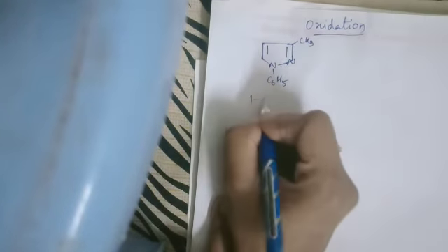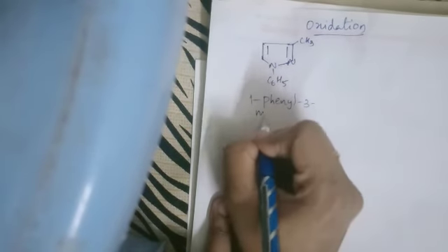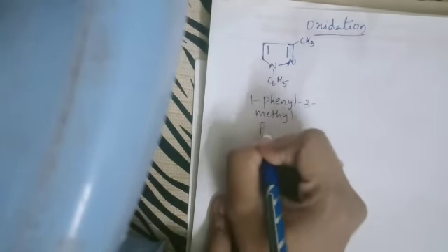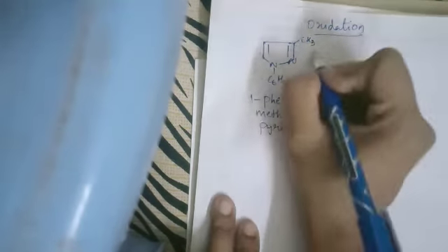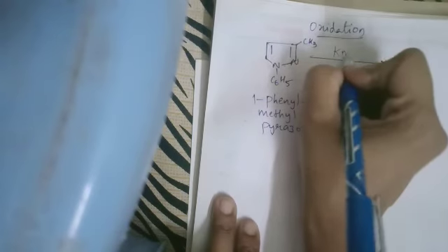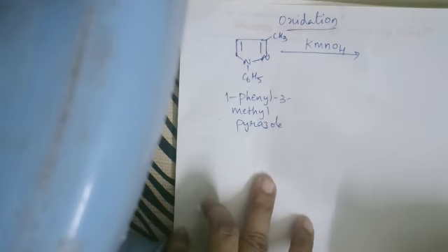What is it? 1-phenyl 3-methyl pyrazole. Here we have used this reagent in the presence of the oxidizing agent potassium permanganate. You know, KMnO4 is a very good oxidizing agent, right? So this substituted pyrazole, 1-phenyl 3-methyl pyrazole. First position